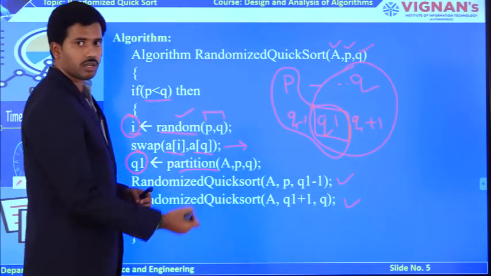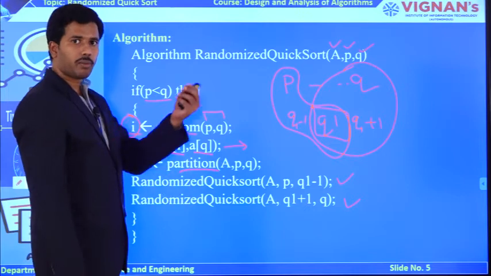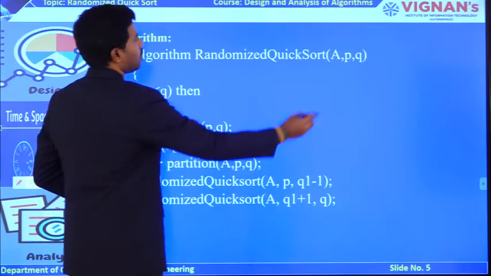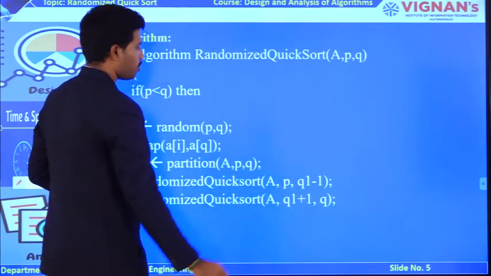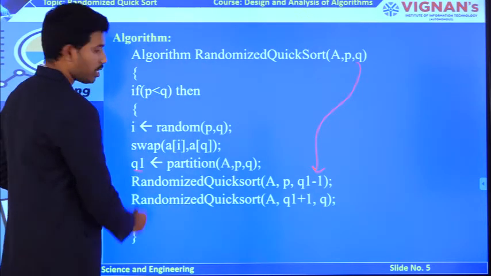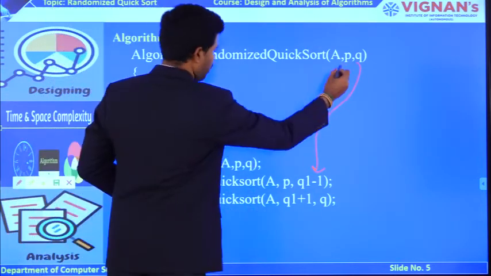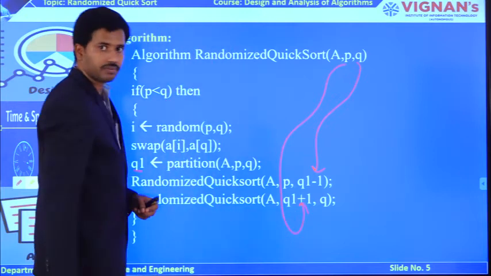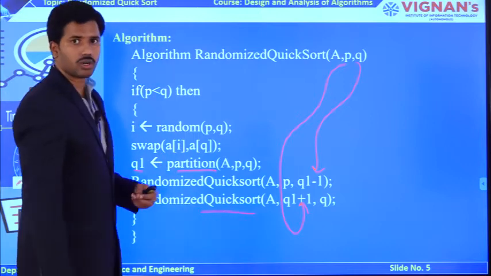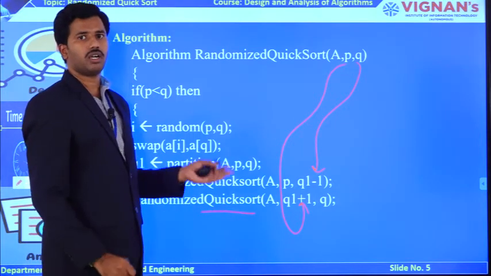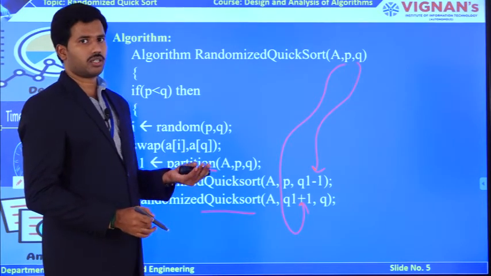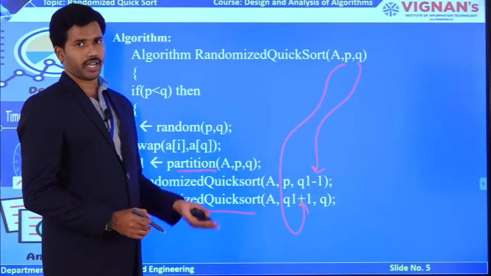So with this splitting of my big problem into smaller subproblems, for the first subproblem, I convert my q to q1 minus 1. Why? Because the pivot element is available at q1, right? For the second subproblem, p will be changed to q1 plus 1. So with the help of this partition as well as two simple recursive calls of quicksort, you can convert the unsorted array into sorted order and get the time complexity of order of n log n.